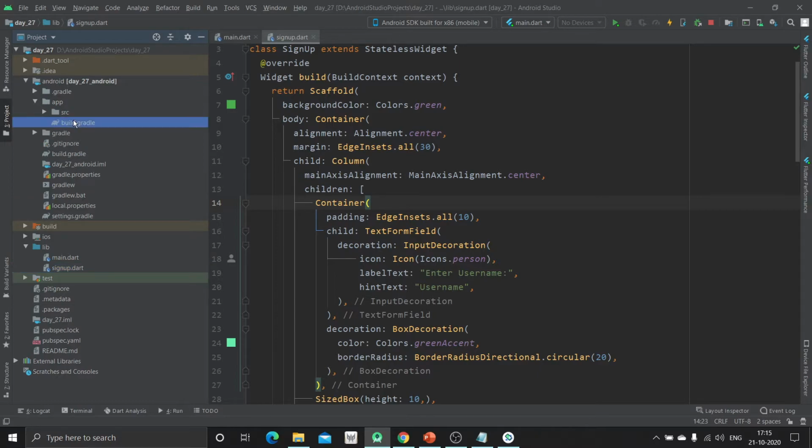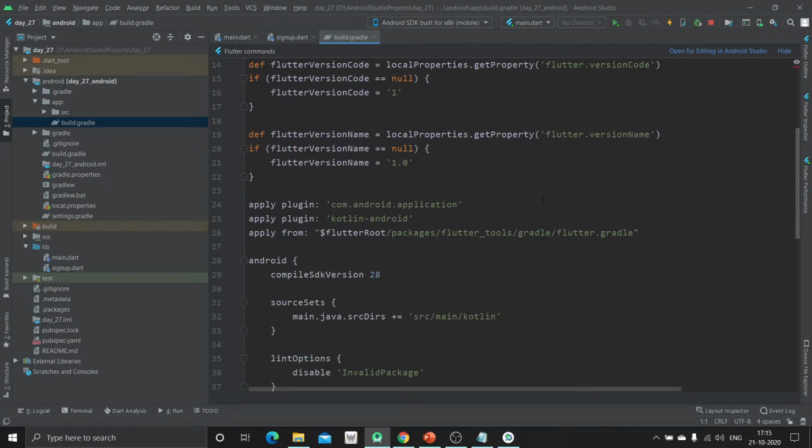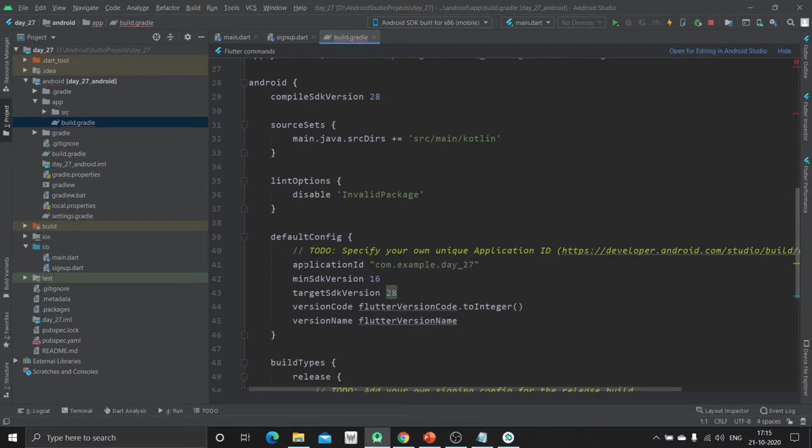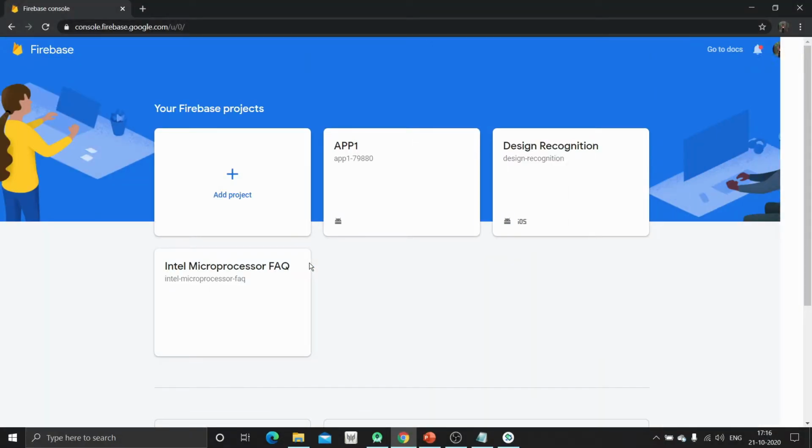Inside the app build gradle file, here you will find the package name of your app, which will be visible here in the default config method, which will be the application ID, and from here you can copy this package name. Going to take a screenshot of this also. Now we have to continue, so just hit on this continue.